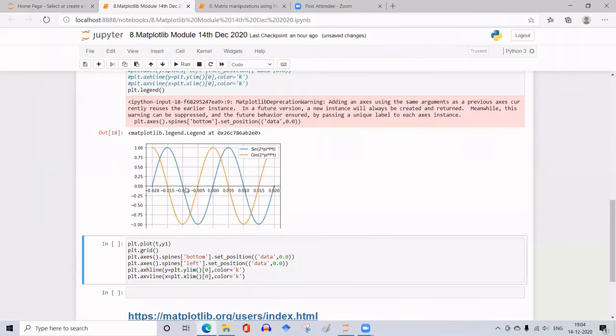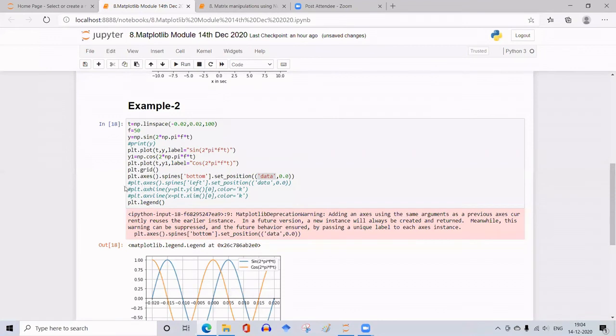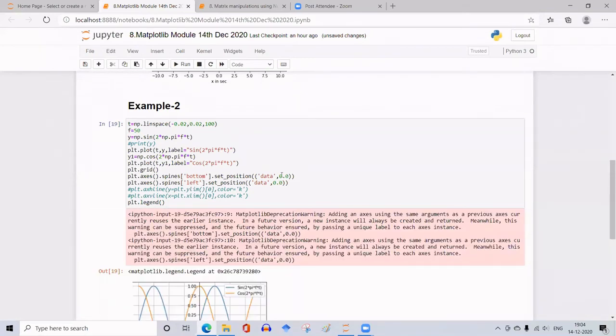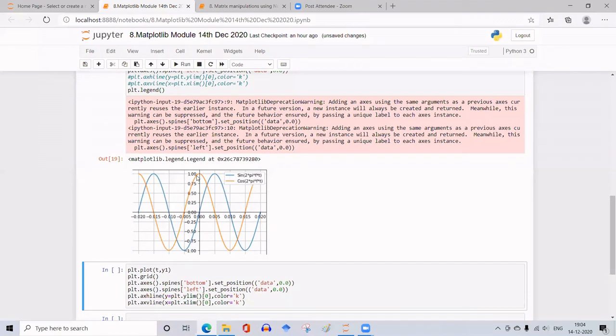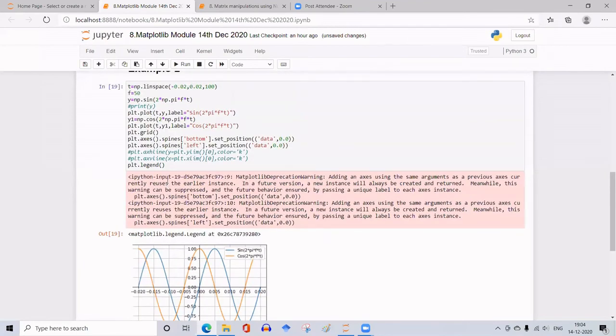Don't worry about this warning, I'll explain it. Next, similarly, shift the left spine. Plt dot axis dot spines left, and set the position to data 0. If I do that, that is also shifted to the data 0 point. But the graph is looking ugly because the leftmost line is removed, and the bottom line is also removed. So it is an incomplete box. So to put those two lines back,